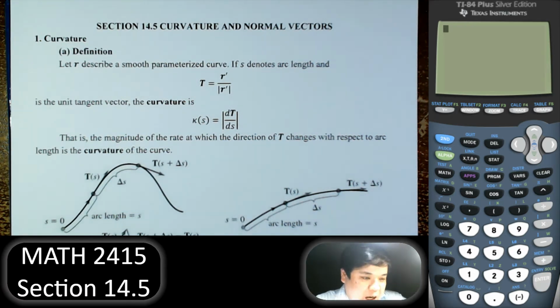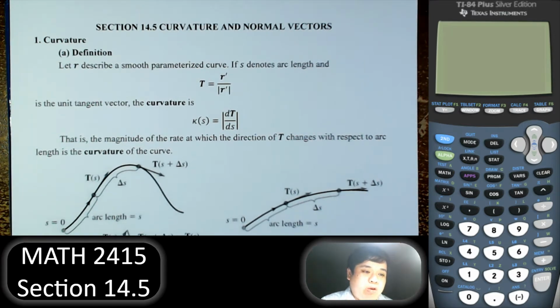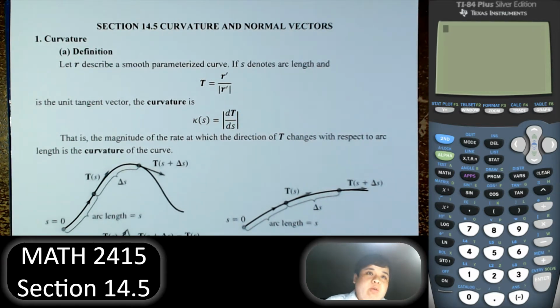Hi everybody, welcome to another section in Calculus 3. Section 14.5, curvature and normal vectors. This is not going to be a very long section. Before we start that